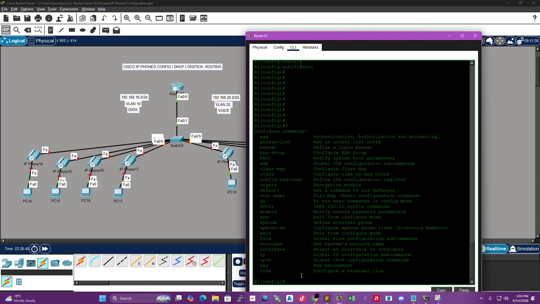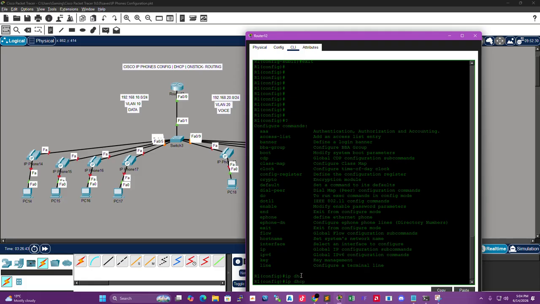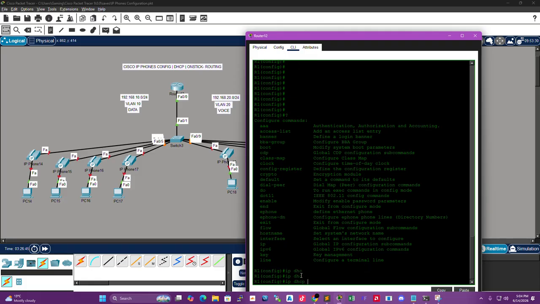In that case, I will use that option by typing IP, and then I will have to select something called DHCP pool. I can then enter any name or alias that will make sense to help me understand this configuration is related to that alias name. Let me make it simple, let's start with data. For instance, I'm just going to say this is a data